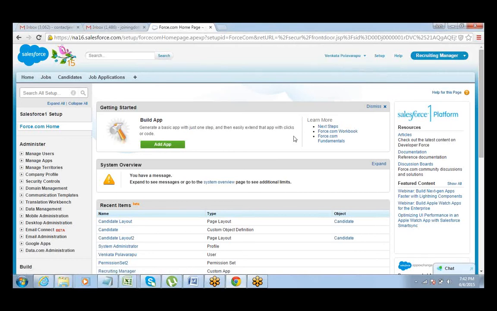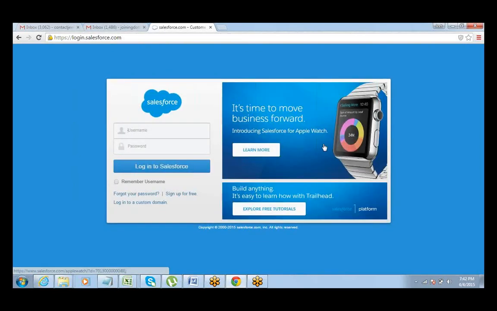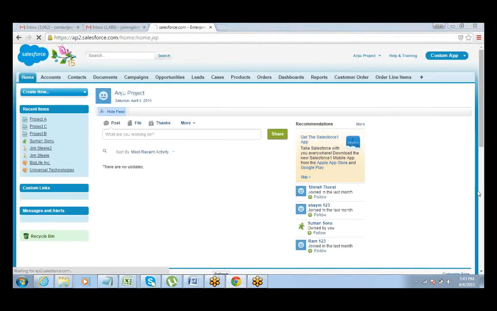A validation rule needs to be defined on the object. Sorry, I think I logged in to the wrong account. I'll have to log in to Anju's account. Anju, do you mind giving me the login ID and password as you shared yesterday? I think I've got the login ID. Password, I think I remember. Oh, I remember the password also. That's fine. Thank you.